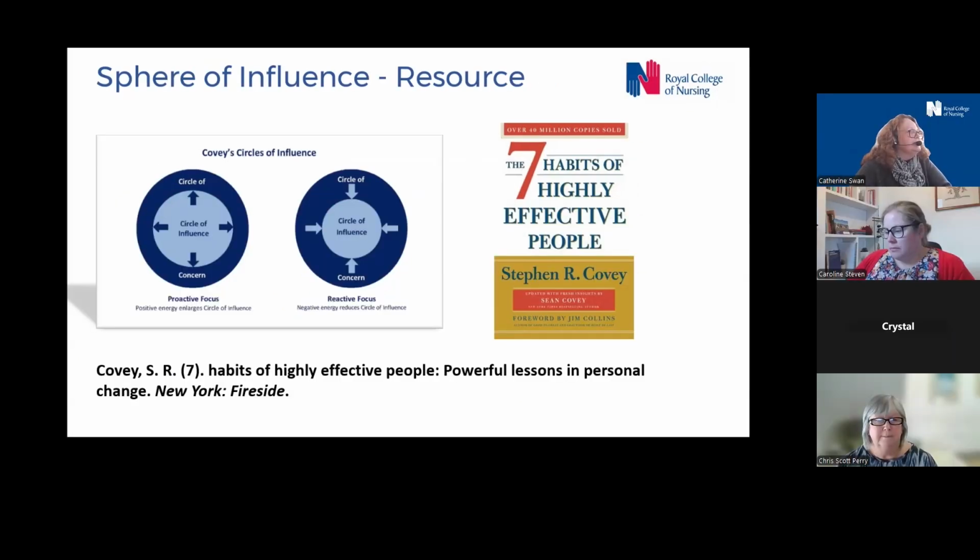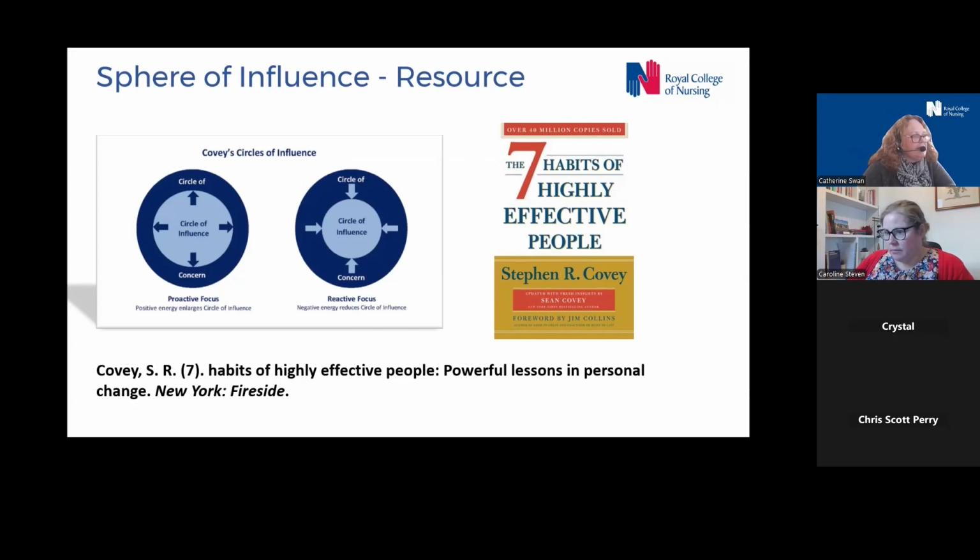When we look at this diagram here, we can clearly see the blue circles, and the model is based really around these two circles. The first one is really the circle of concern. We talk about the circle of influence and the circle of concern. And this includes a whole range of things like the pandemic. We really didn't have any control over that. Global warming, the state of the economy, what clothes your kids want to wear.